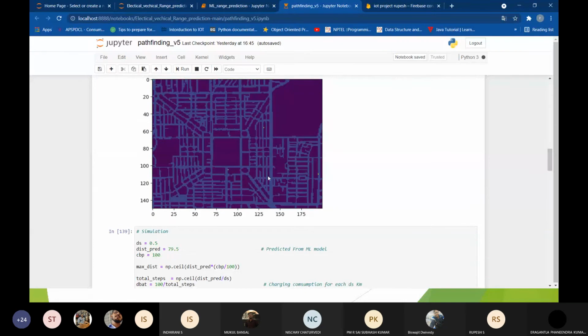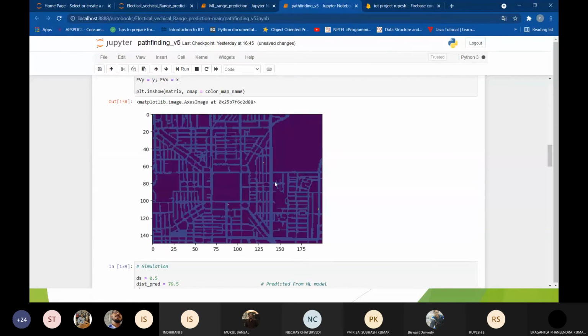So this is the map that we took from the net, sir. It is a binary map. The orange part you can see here is the starting point of the car, and at the other corner you can see the destination in green, and the remaining light green spots are the charging stations in between on this route. We took 3 charging stations here, and we'll see how it reaches the destination.